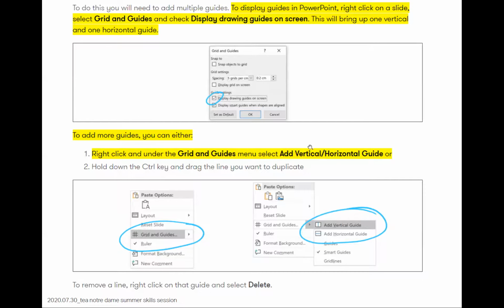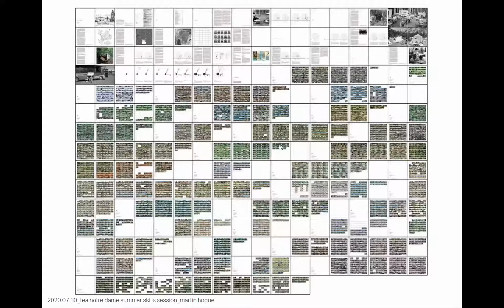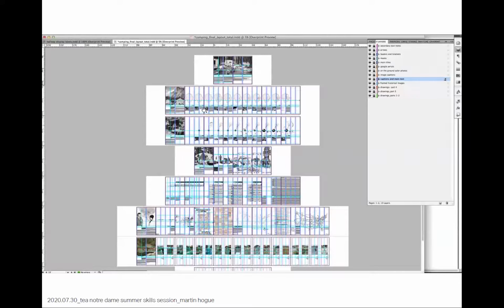Guides are a crucial tool when you're developing a composition and when you're trying to make things look cohesive. So here's another little tutorial from the internet on how you can go in PowerPoint and set up these guidelines. If you're not sure what I mean by guidelines, here we are. Everything that falls along this blue line, that's all titles. And then you have your space for your images. You see how all of these body texts are hitting the exact same line throughout the entire book.